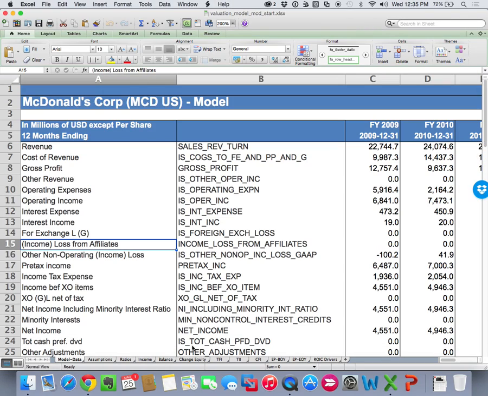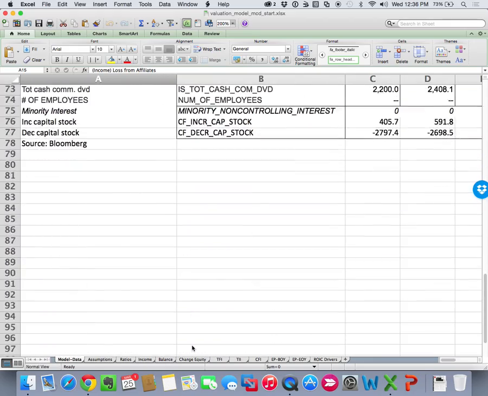Now, to make life a little bit easier for you, I went ahead and used the template from Bloomberg and I exported the data and I went ahead and put it in the model. So that's a step that you do not have to do. So the data from McDonald's has already been put in using our exportable data template from Bloomberg Professional. Now, in the process of doing that, I did realize that there were 3 additional fields that were not part of your assignment last week that we do need. So at some point, you will need to take your individual Bloomberg template, your custom template, and add those fields in the correct order. And I put them at the bottom of this template